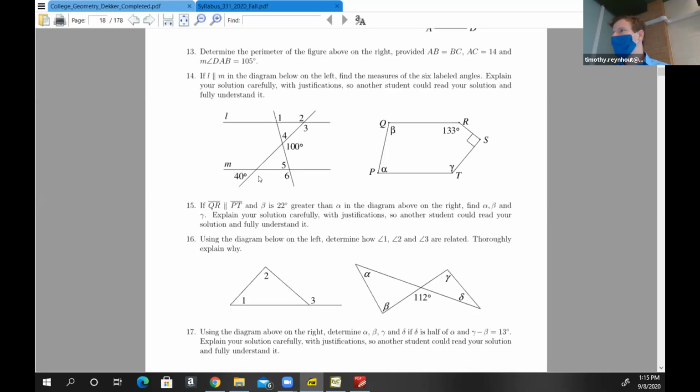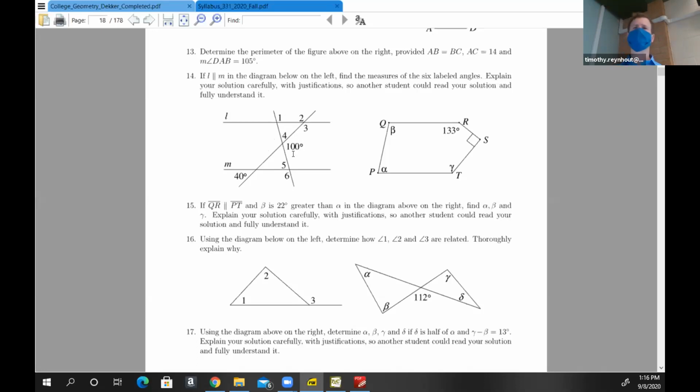That was one that you didn't need to find, but it allows you to say angle 3 is a corresponding angle, so they have equal measure. And then angle 2 is a vertical angle with 3, so they have equal measure. Now you've got 2 and 3 from finding this one. For this, at some point, whether it is for the triangle made above or the triangle made below, you're going to have to utilize the fact that the sum of interior angles is 180 degrees.